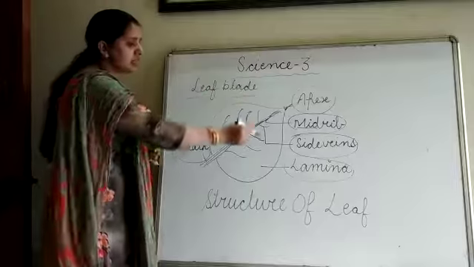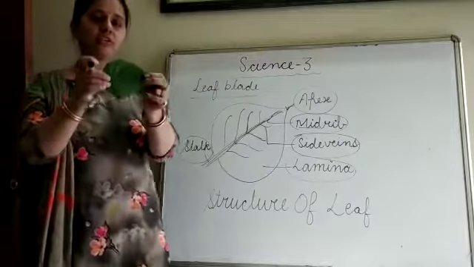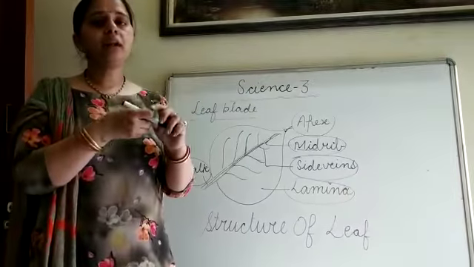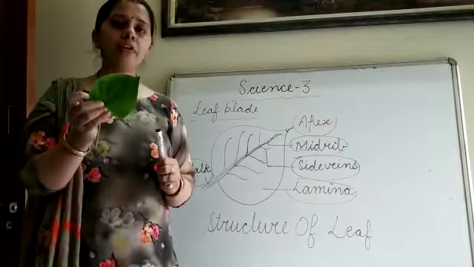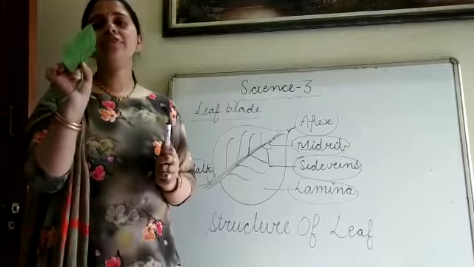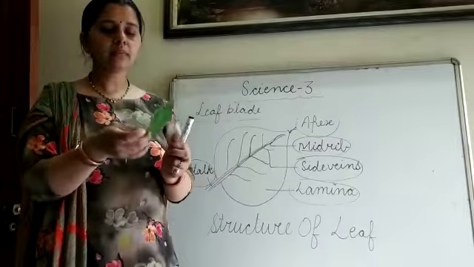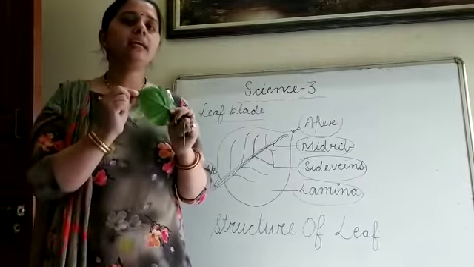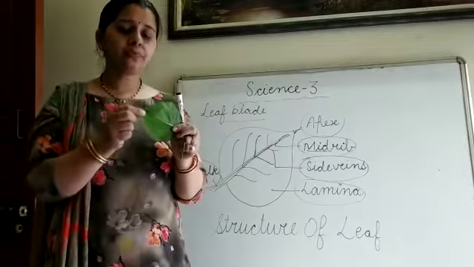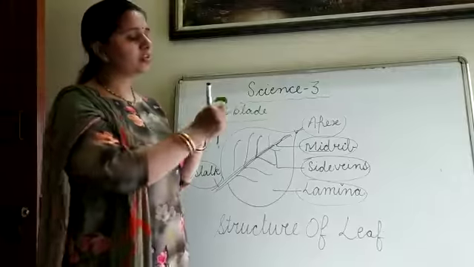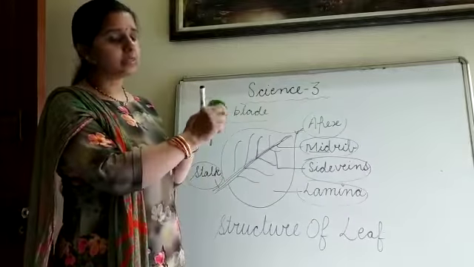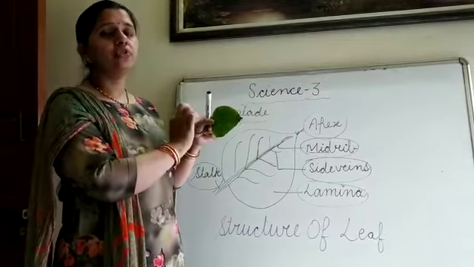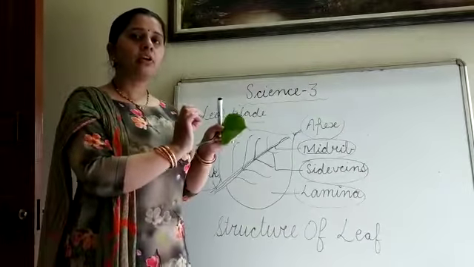So this is the structure of the leaf, and I am having also one leaf, and at your home there are different plants. So you can take the leaf of one plant, as this is a leaf of a money plant, because in this leaf everything is very much clear. So you can take a leaf of a money plant at your home, and what you will do, you will paste white slips and you will write the parts of the leaf, and you can send me pictures of the leaf.